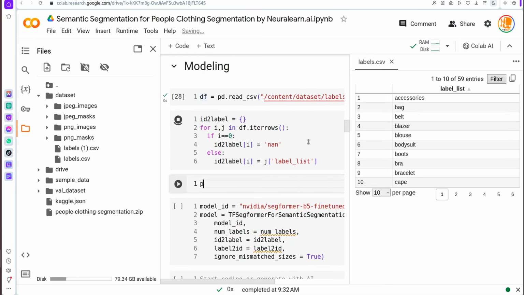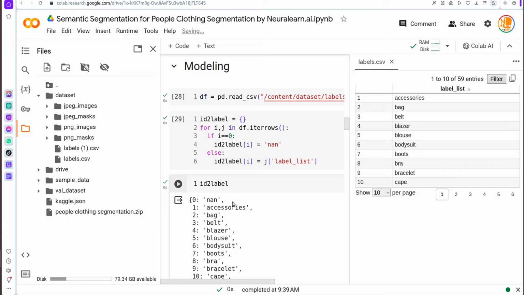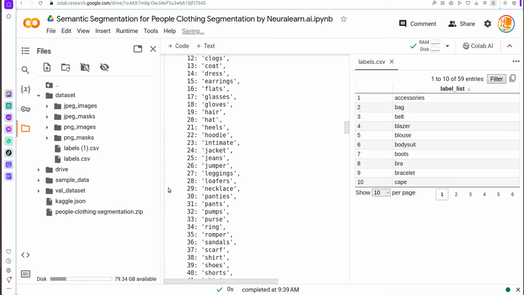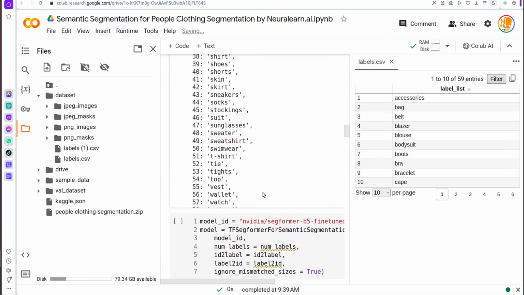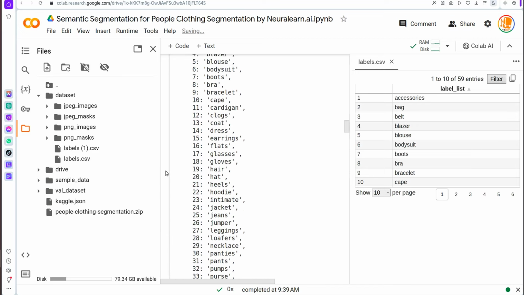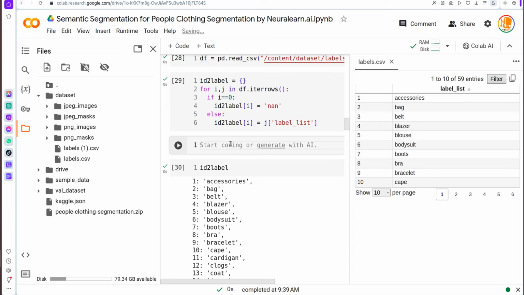Let's run this and then say we have ID to label. Let's see what we obtain. See, we start from 0 right up to 59. Okay, so we actually have 59 of them, so it goes from 0 to 58. So that's it. So we have now our ID to label, and then we could obtain from here label to ID. So let's just create this cell,